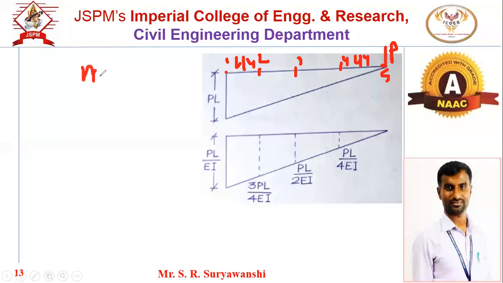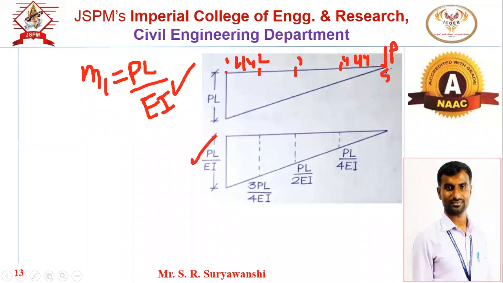So M1 here is equal to this force into perpendicular distance L, P into L. PL, it is M1. So what we are interested in is the BMD divided by EI diagram. So this is the bending moment divided by EI, PL by EI. This is the bending moment divided by EI for node 1. So this is the value. Okay, now what is remaining? The bending moment divided by EI for nodes 2, 3 and 4 is remaining.